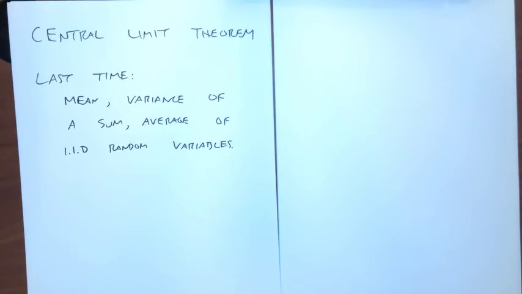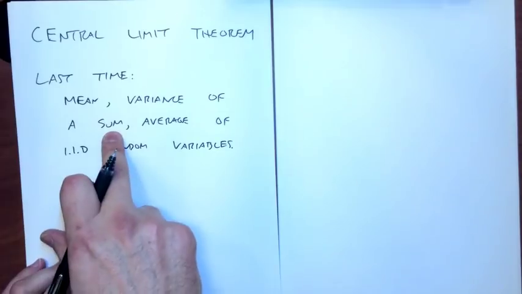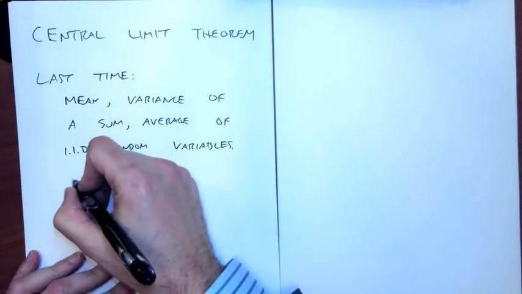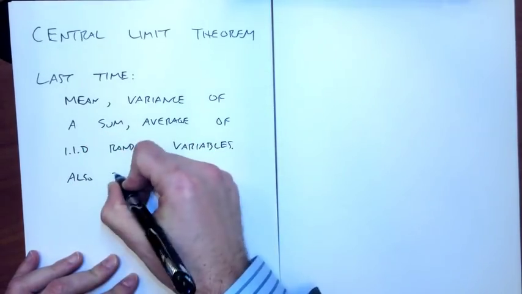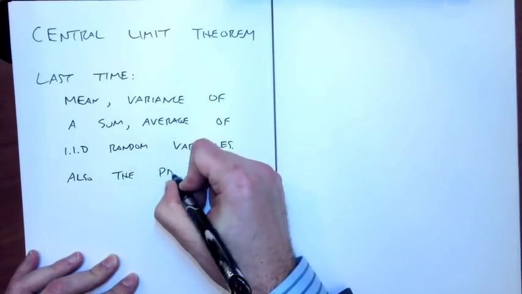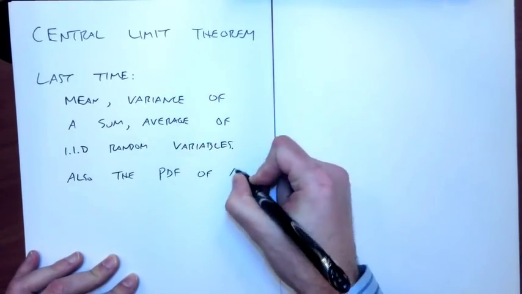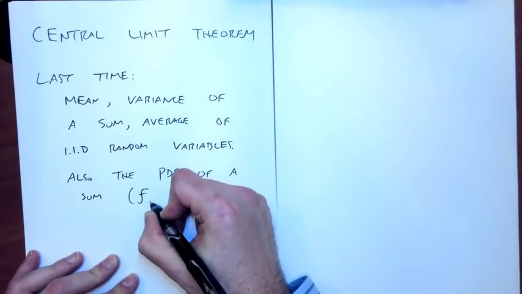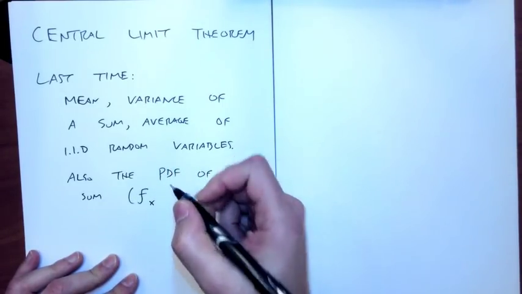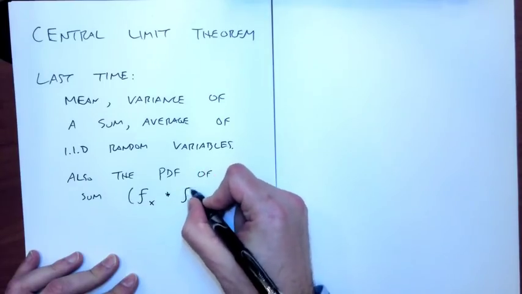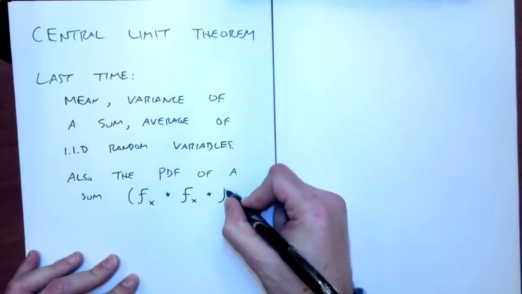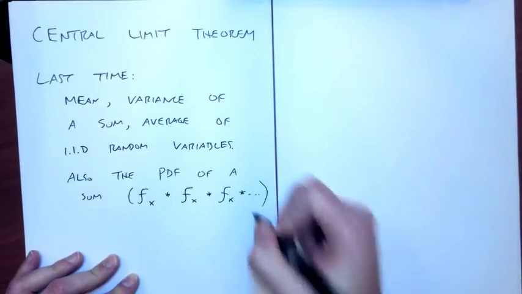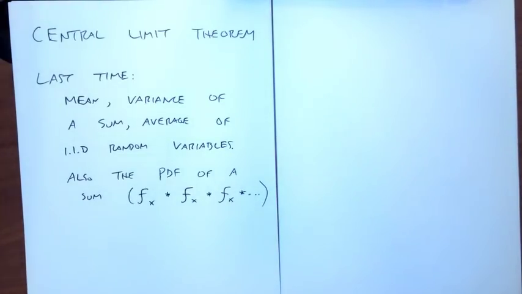So basically, we talked about the sum and the average, and we also talked about the PDF of a sum, which remember, we didn't prove this. Well, did we prove it? Yeah, we kind of proved it. Basically saying that if I take the same random variable and add a bunch of those random variables together, the PDF looks like the convolution of the PDF